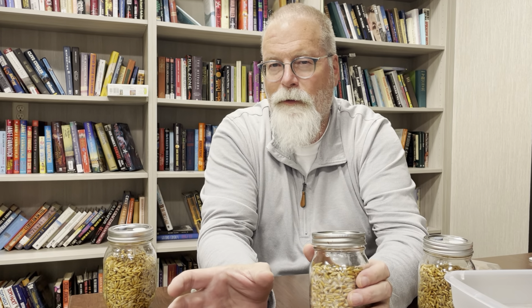Keep this in the jar in a dark place and a warm place, ideally around 78 degrees. So we're starting dark and warm, and the next thing I'm going to show you moves to a little brighter and maybe a little cooler, 72, 73 degrees. But if you do the whole thing around 78 degrees, that's fine. So when your jar is completely white, it's time to move it